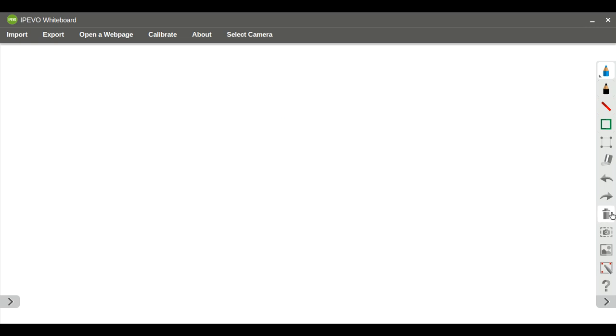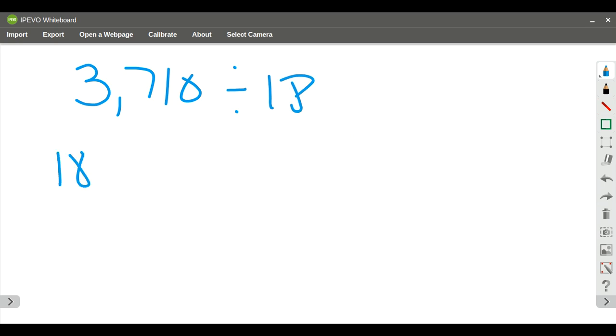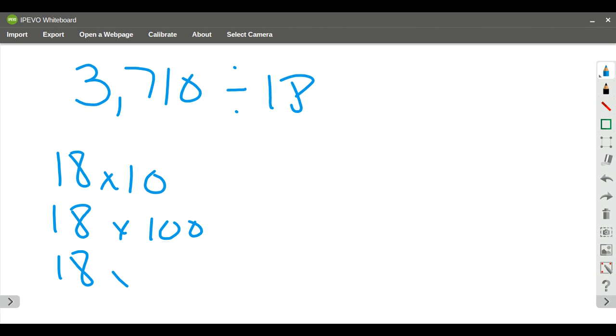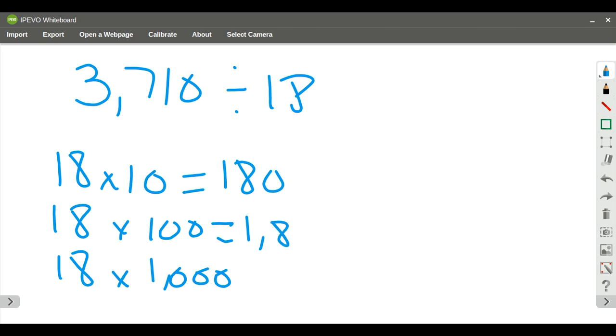All right. So I have my next one. I have 3,710 divided by 18. And they've already given us this. So I have 18 times 10, 18 times 100, and 18 times 1,000. So I'm going to do my estimation first. So I have 180, 1,800, and 18,000. Okay, so when I do my comparison and I see where 3,710 lives,